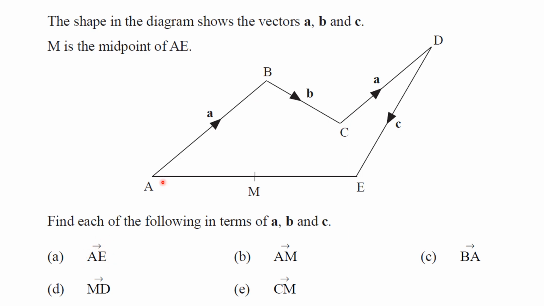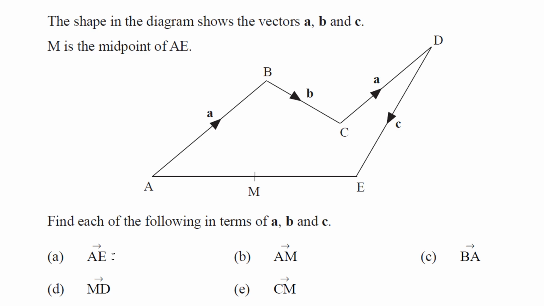How do we get from A to E? We can only go along roads that have got vectors that we know the name of. There's not an arrow here, and it's not parallel to any other sides, so I can't go directly. So if I want to go from A to E, I'm going to need to first go from A to